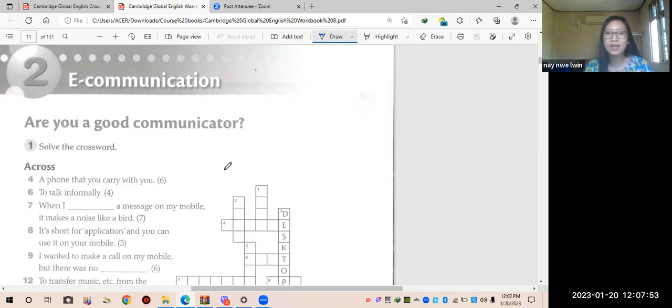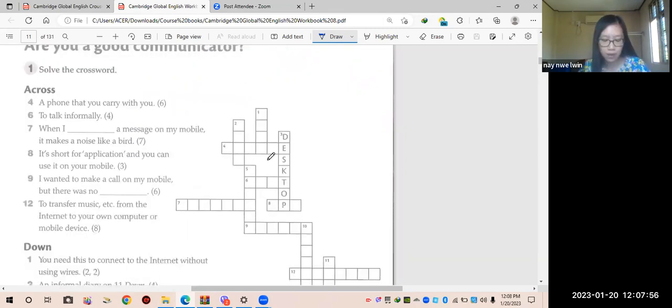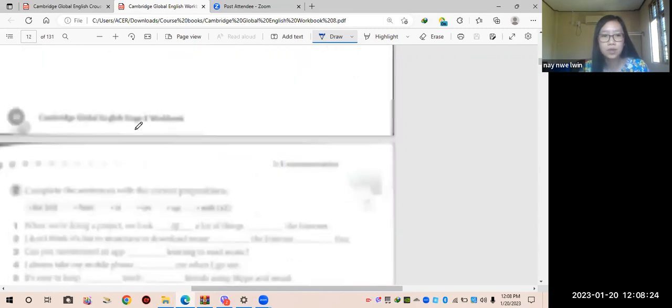So the first one, number 1, is solve the crossword. It's all about the vocabulary exercises, right? And I think that is way too easy for you guys. So I want to skip that one. Is that okay? Because you just have to fill this crossword by using the vocabulary that we have learned from unit 2. And all the vocabularies are way too easy, like receive, chat, mobile, or signal, right? So everything concerned with e-communication, and there are no new words, I think, right? So let's move to number 2,